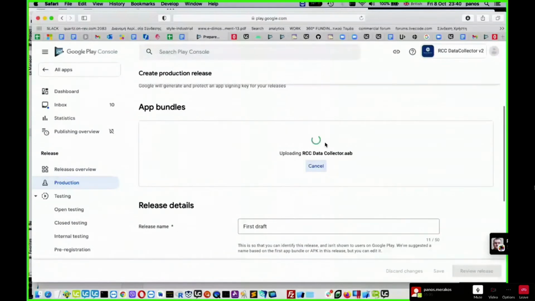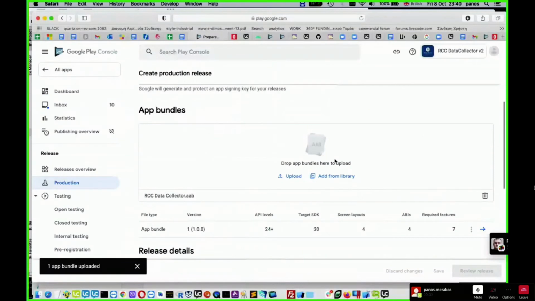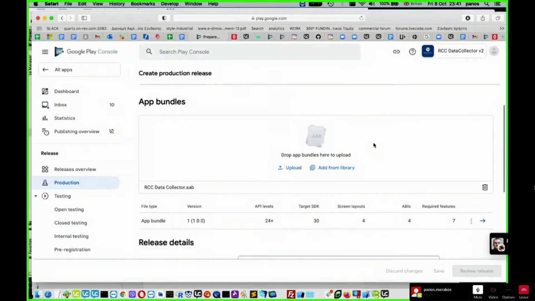So I think that if you have already submitted an APK, I cannot think of any reason why you wouldn't be good to submit an app bundle. There won't be any problems. I think now the Google Play Store only allows app bundles, even if you have already submitted APKs. But I haven't tried that, to be honest. You can just try it, and if the Google Play Store requires an app bundle, they will let you know that you have to submit an app bundle.